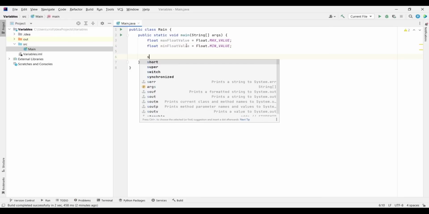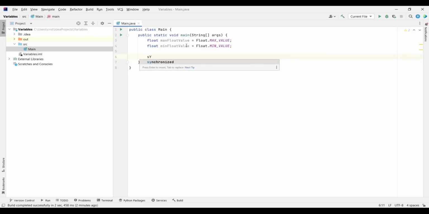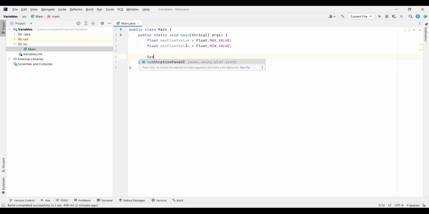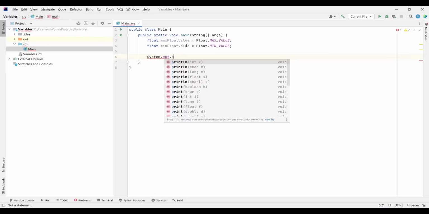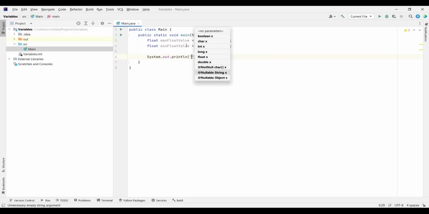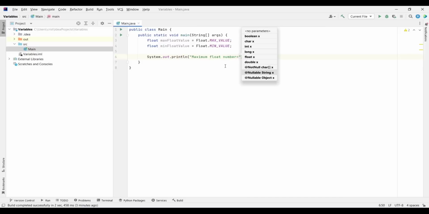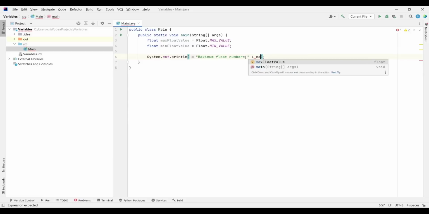Let's add the System.out.println line, and I'm going to type maximum float number equals, and put a space plus, and I'm going to refer to our variable max float.